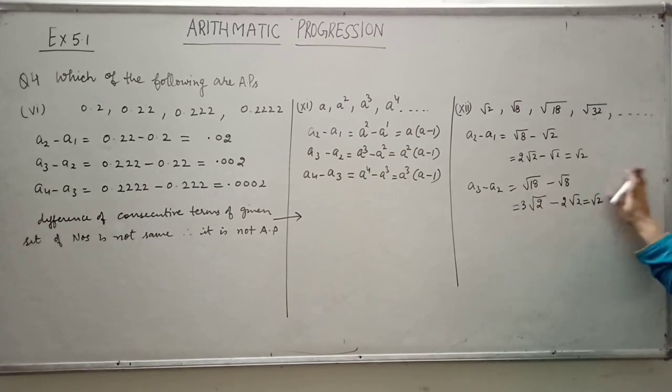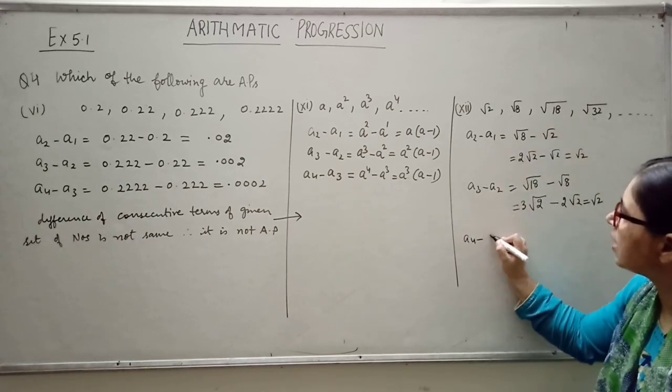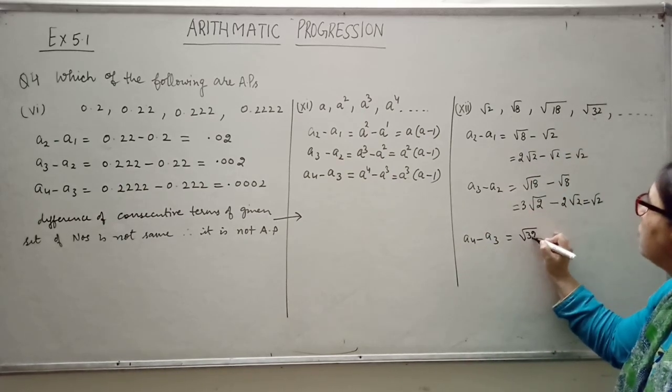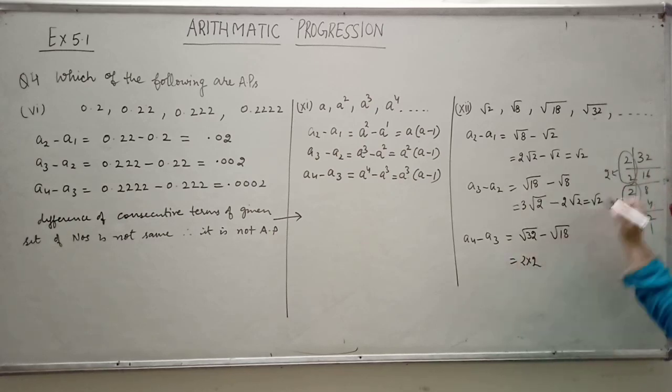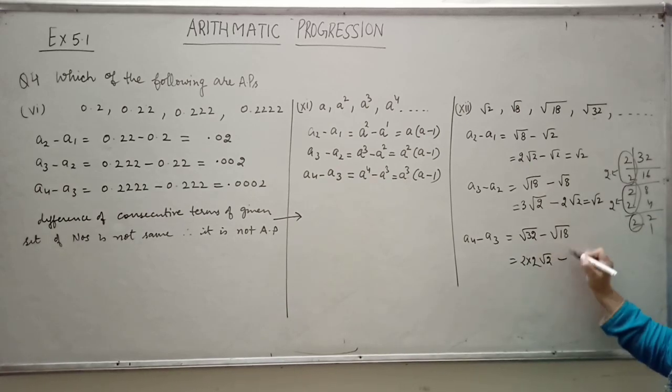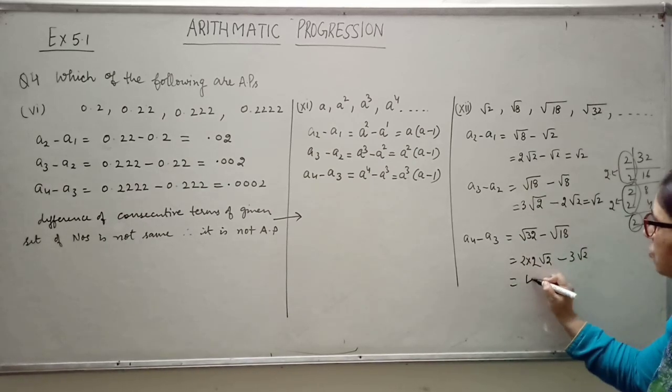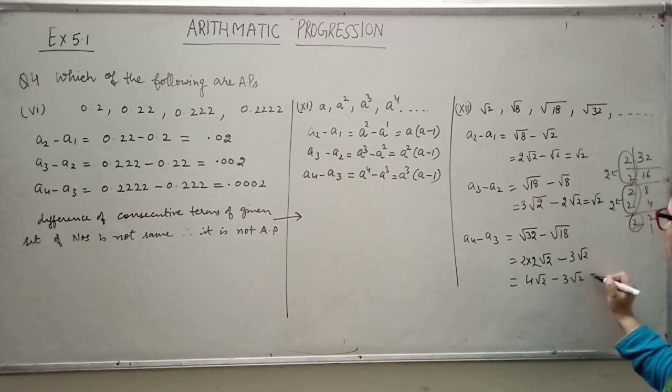So now come to next. Now this is A4 minus A3. A4 is root 32 minus root 18. Root 32 को हम ओपन कर सकते हैं. This is 16, this is 8 and this is 2 4 2 2 2 1. तो इसके कितने पेयर्स बने? 1 पेयर is this, 2 second pair is this. यहाँ से 2 बाहर आएगा, यहाँ से 2, तो आपका हो जाएगा 2 into 2. This 2, then this 2. What is left alone, that will remain in the square root sign. And root 18, I know that is 3 root 2. So how much is this? This is 2 2s are 4 root 2 minus 3 root 2. So this is 1 root 2.